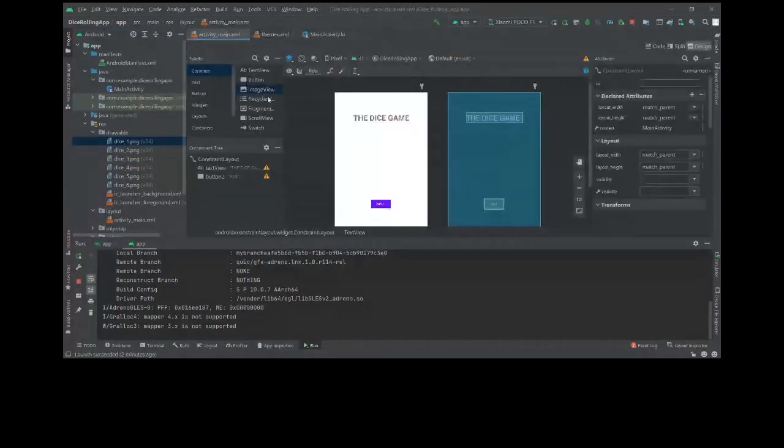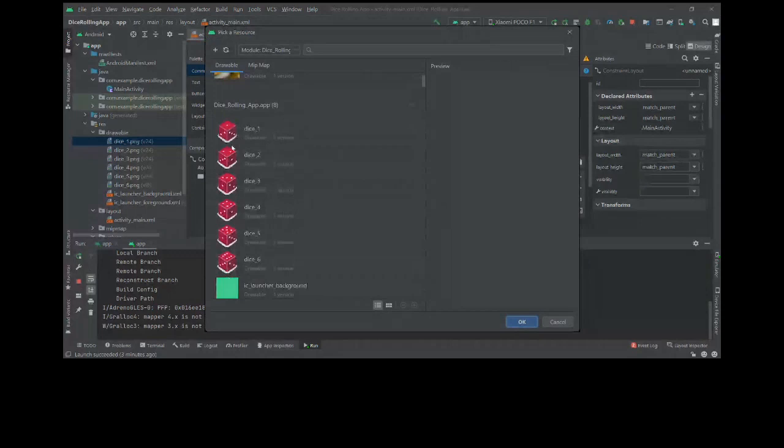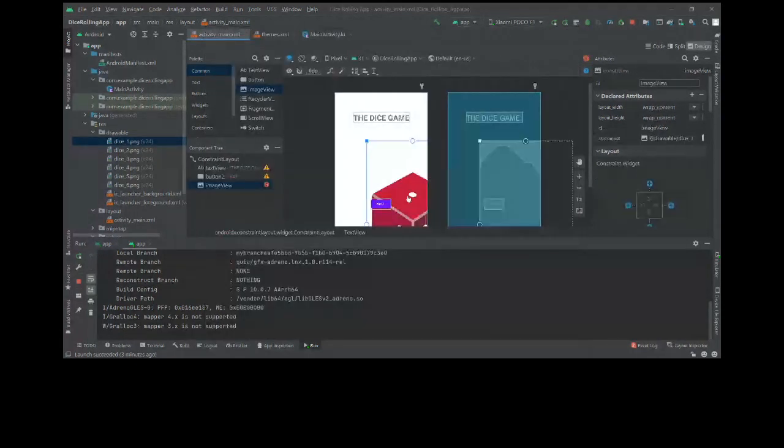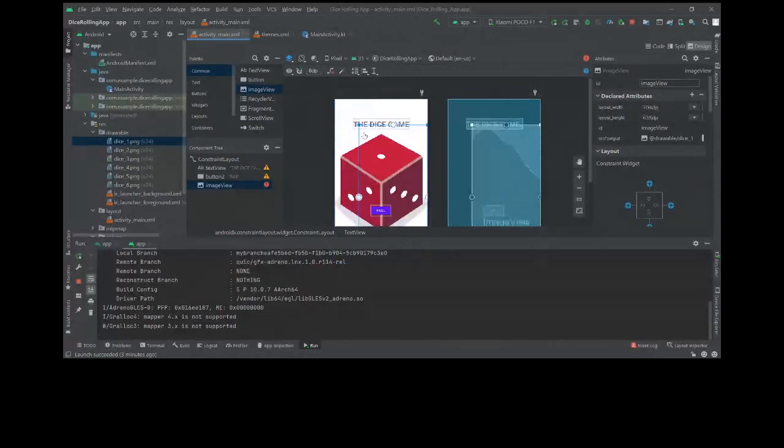Now just drag image view, you will be taken to the screen, and now you can see all the images that are in your project. For now, just select dice one because we have not coded any logic yet. Just center it, and resize the image view.